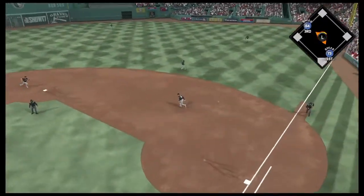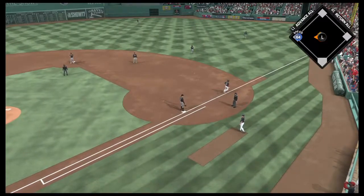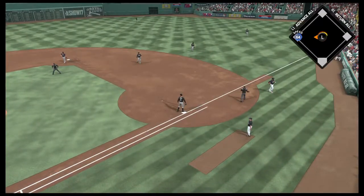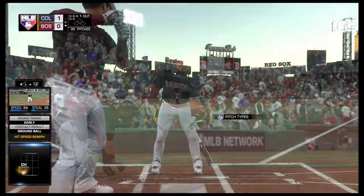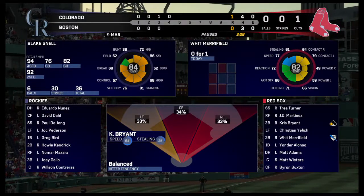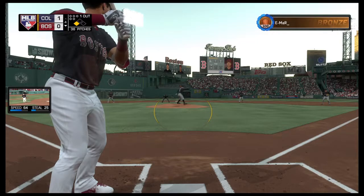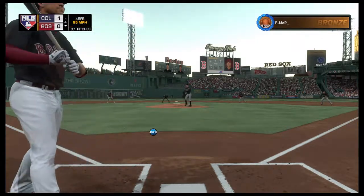Grounded to the right, scooped up on the backhand, and he's set down, one away. So stepping in, Whit Merrifield. He's got a chance. First pitch on its way. There's a fastball that